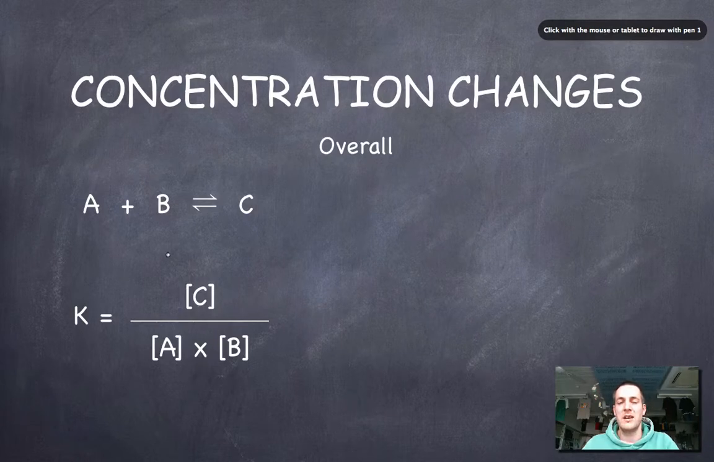Okay, and in fact, let's say I doubled them all. Well, this would double, and this would double. So the top of the fraction would become twice as large. The bottom of the fraction would become 4 times as large. So K would have changed, surely. Well,